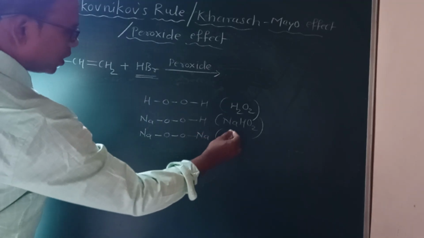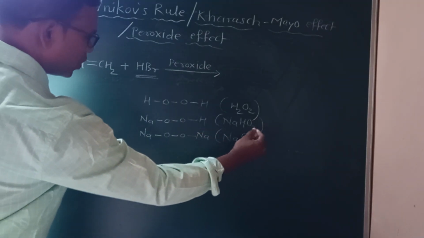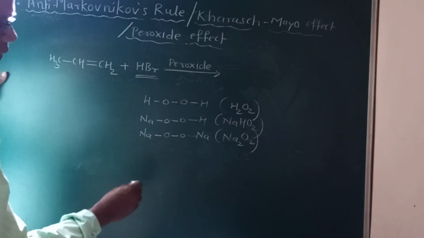That is, I will get Na2O2. Na2O2, so it is also a peroxide. It is called sodium peroxide. Similarly, we can